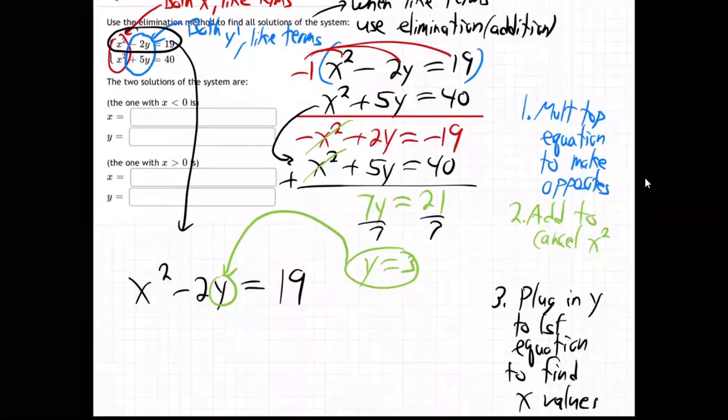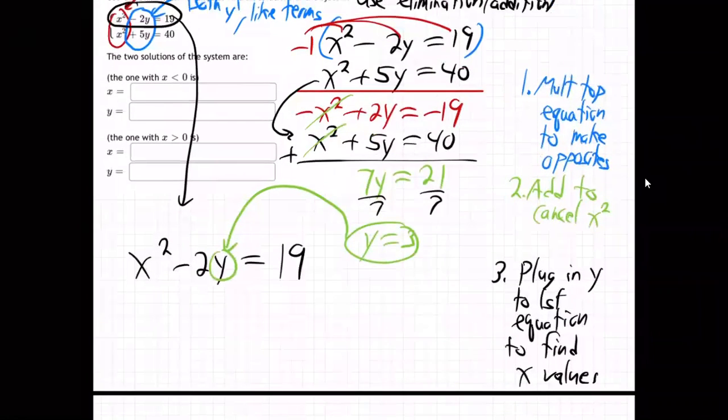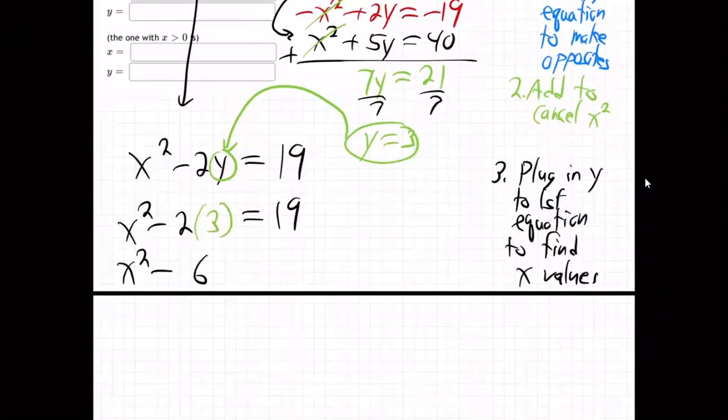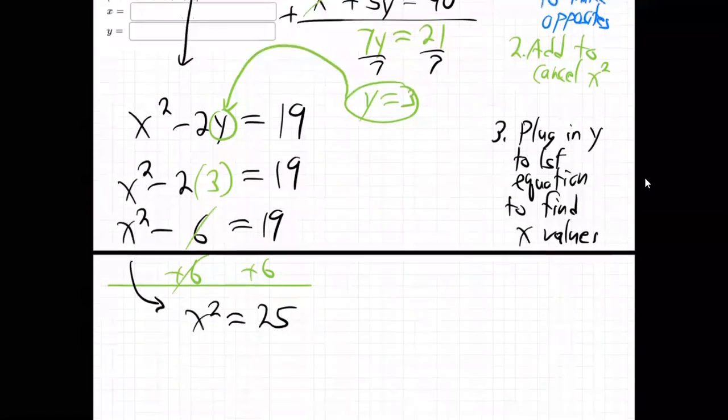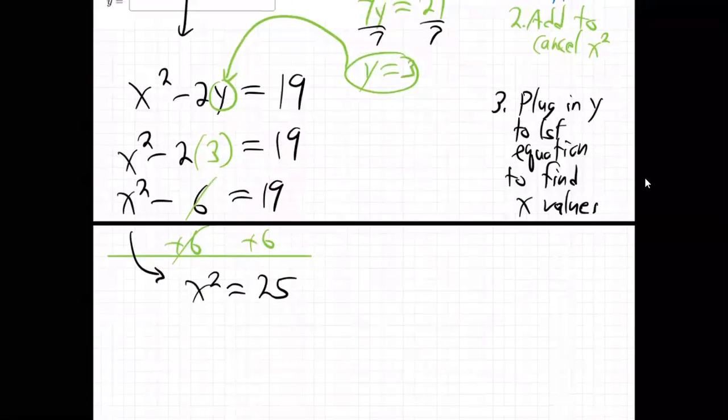Okay, so what's going to happen? So we're going to get x squared minus 2 times 3 equals 19. x squared minus 6 is 19. Add 6 to both those. x squared is 25. And then root it,